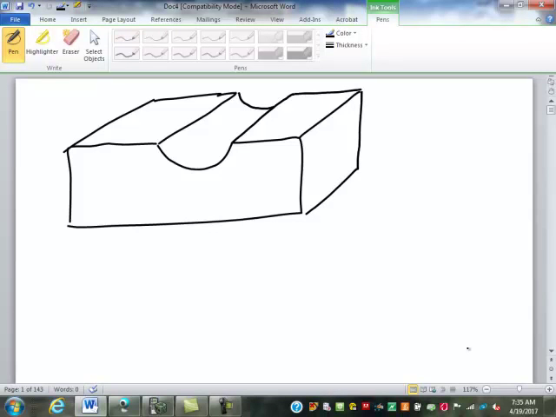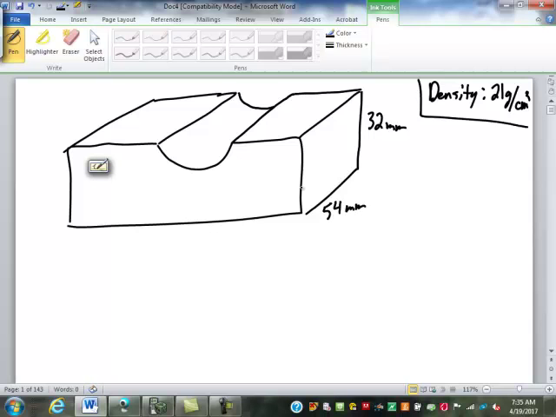So on this picture here, what I want to know is if the density is 21 grams per cubic centimeter, what is the mass of this object? Well, I'm going to give you that this is 32 millimeters high, 54 millimeters deep, and 126 millimeters wide. And I have to give you on our channel that's missing here, I have to tell you